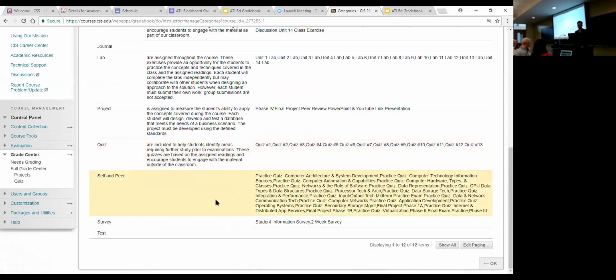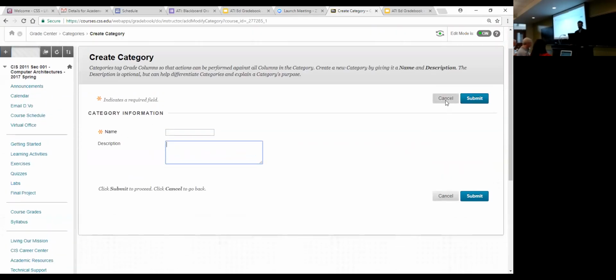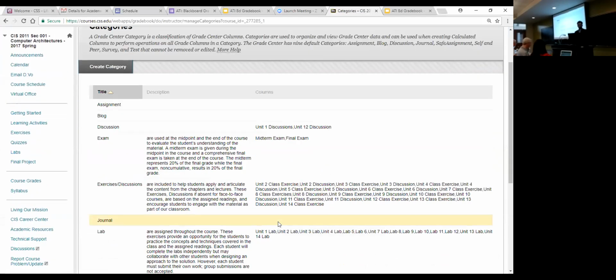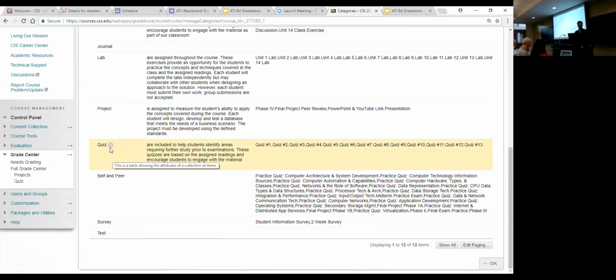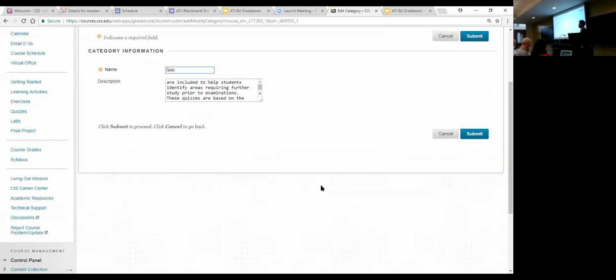So if I wanted to create a quiz category, if I've already created a category or someone did for me in the course shell, I can just hit edit and edit it in there. Or if I'm making a brand new one, I can just hit create category, name, description. Again, I would recommend copying from your syllabus your description of that assignment type or category type. But once you've set that up, it seems pretty impractical in this view, but then it shows up